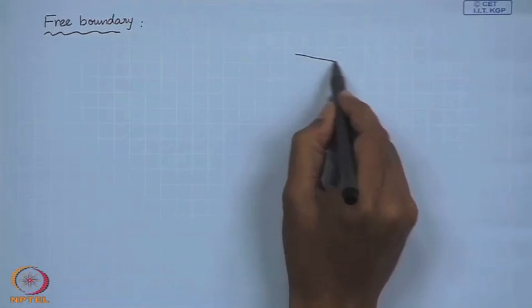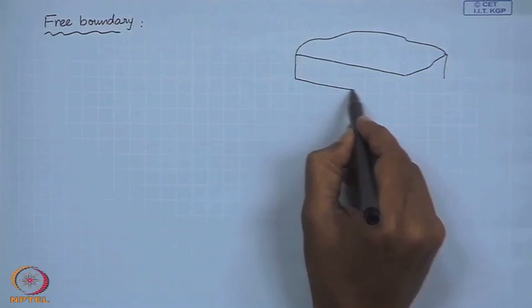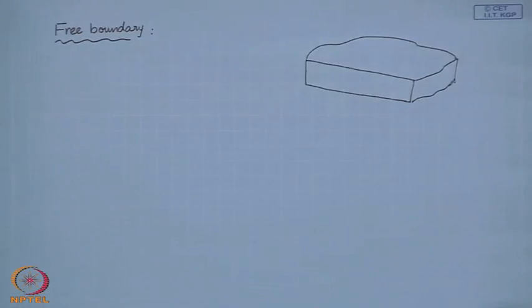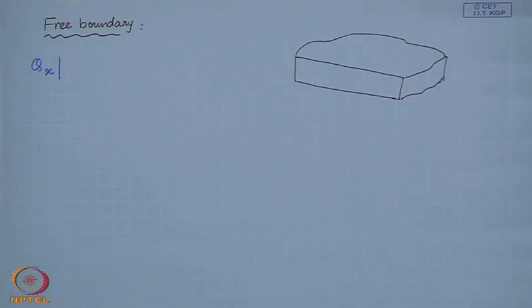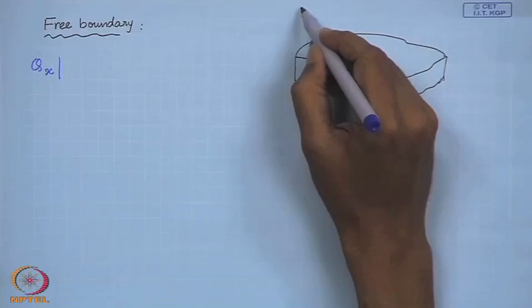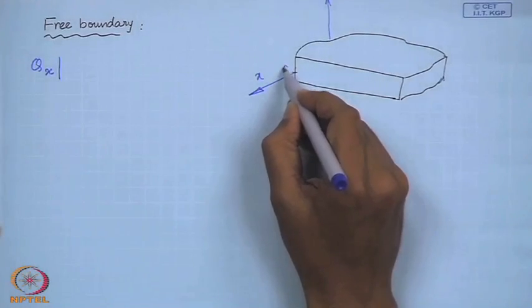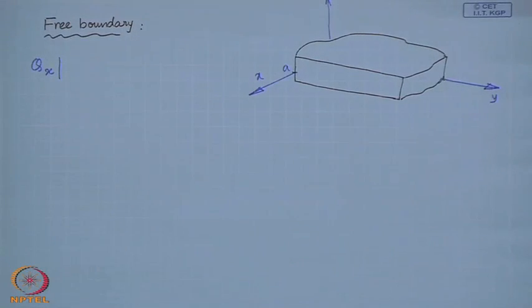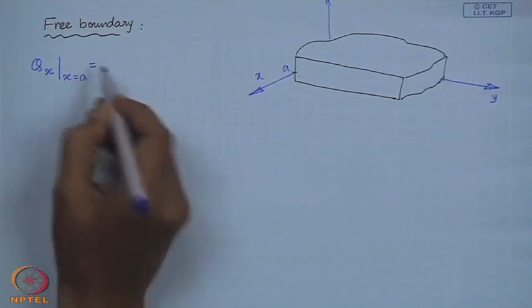If a plate has a free boundary, this boundary is at x equal to a. Intuitively we might guess that